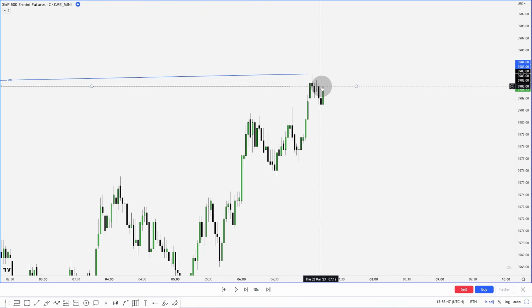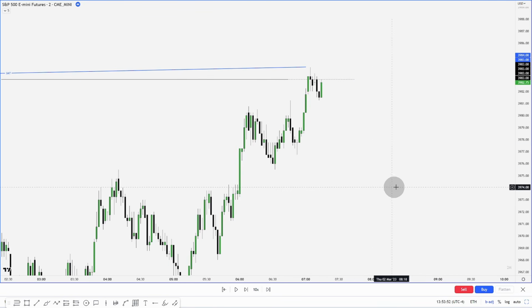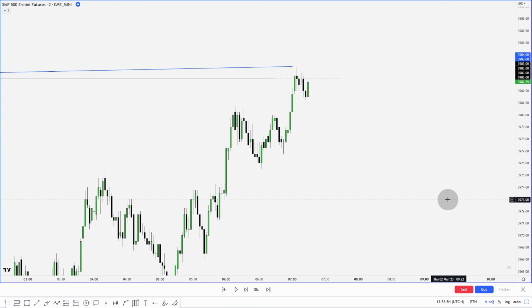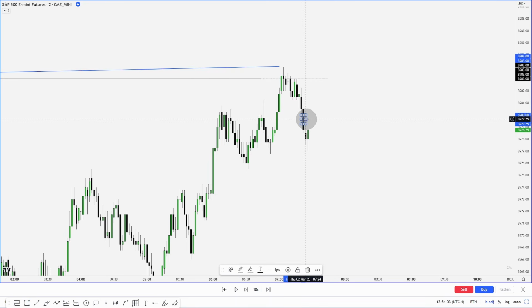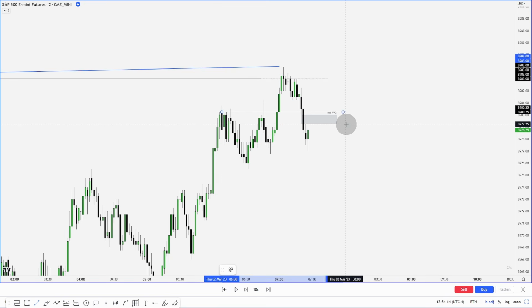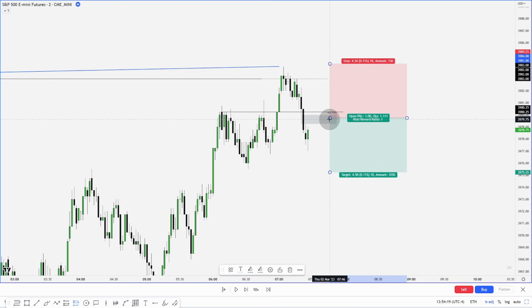A very early entry would be this deviation from the range, retesting that deviation, but waiting for some confirmation. We will let this play out. And we get an aggressive move down. You notice we have a SIBI right here or a VPR. So marking out this right here, we have an area of interest, or if we mark out the box setup, for those of you that have watched that video, that would be the entry as well. So somewhere in the middle of the SIBI or start of it, let's go with the start of it.